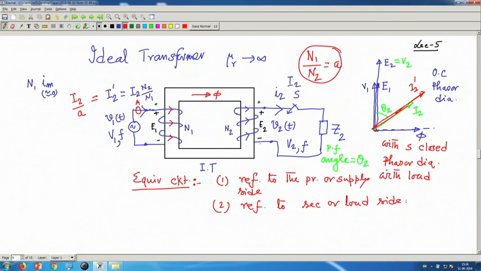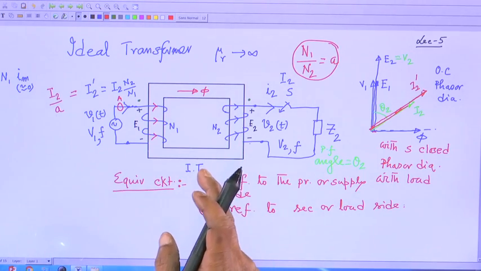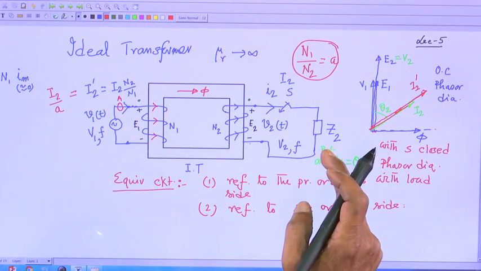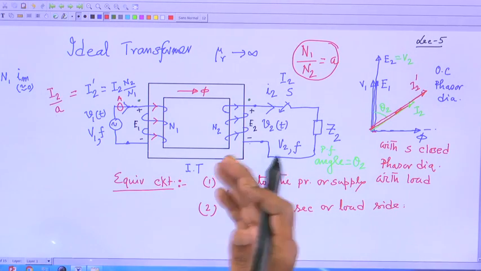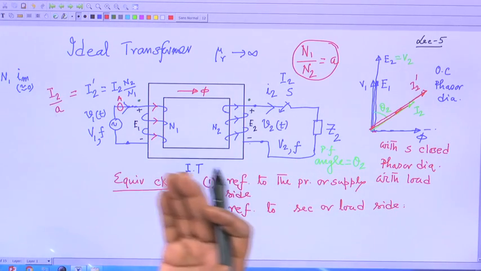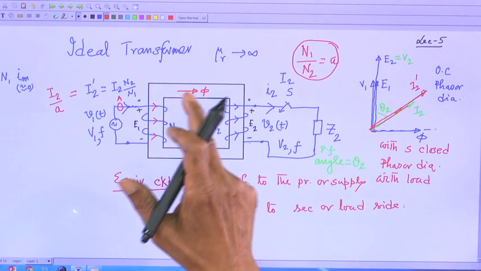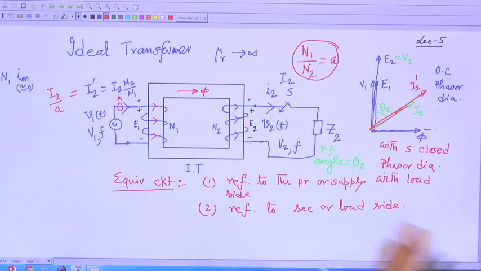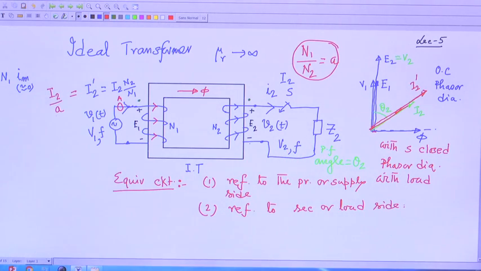See, here is a supply, and then you have connected a transformer, then on the secondary of the transformer there is Z2, and these two coils are not electrically connected. They are magnetically coupled. So, energy is transferred from the source to the load side via this flux. Time varying flux communicates with the second coil, and you get voltage and power in the secondary side.